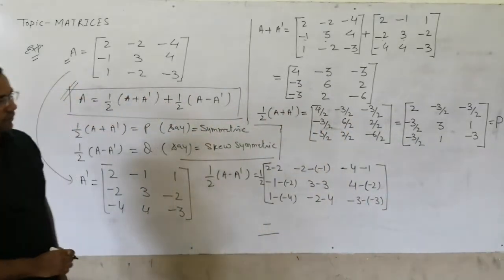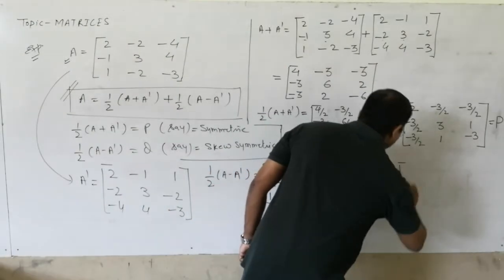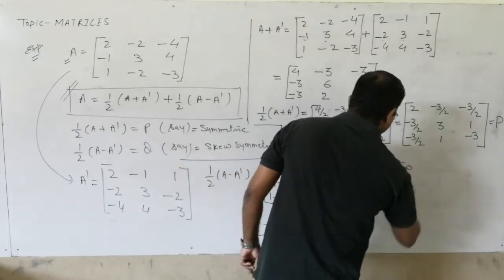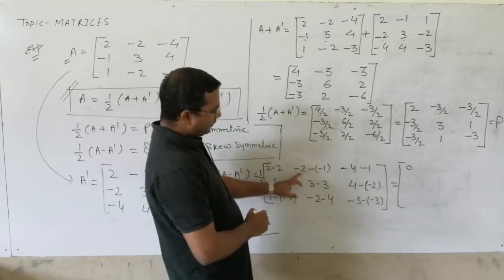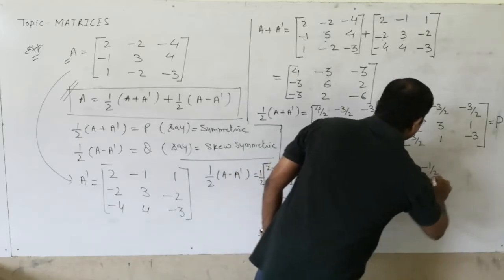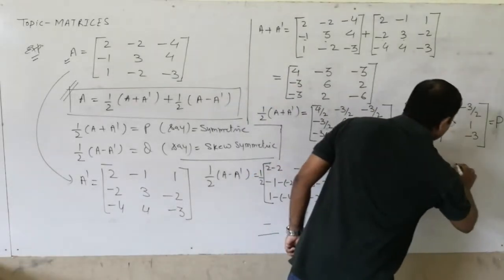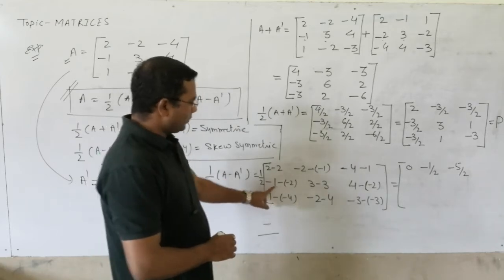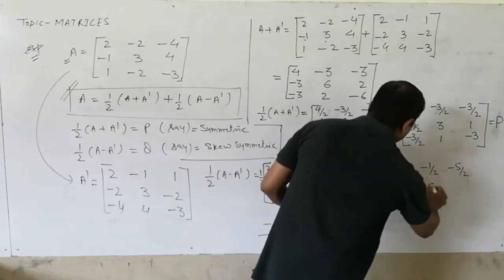So if you will solve them further, you will be getting here 2 minus 2, here I can write 0, and 0 divided by 2 is also again 0. Then here it is minus 2 plus 1, it is minus 1 we got, so minus 1 upon 2 I am writing. Here it is minus 4 minus 1, minus 5, so it is minus 5 upon 2 I am writing. Here it is minus 1 plus 2, so it is 1, this is 1 upon 2 we can write. Here it is 0 again.